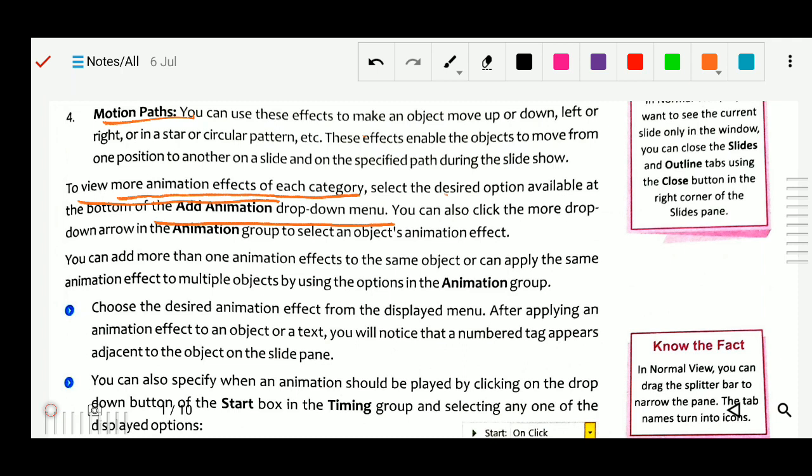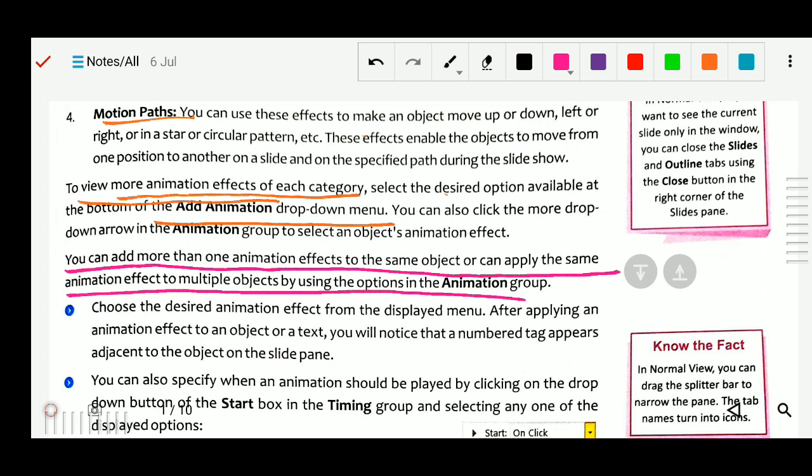You can add more than this. A very important one, you must remember this. You can add more than one animation effect to the same object, or apply the same animation effect to multiple objects, by using options in the animation group.